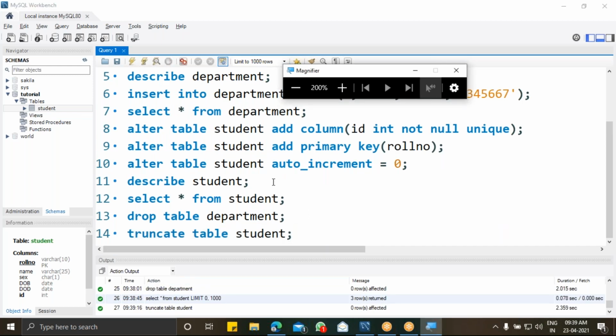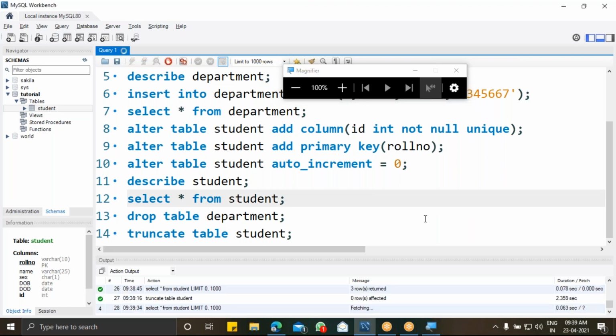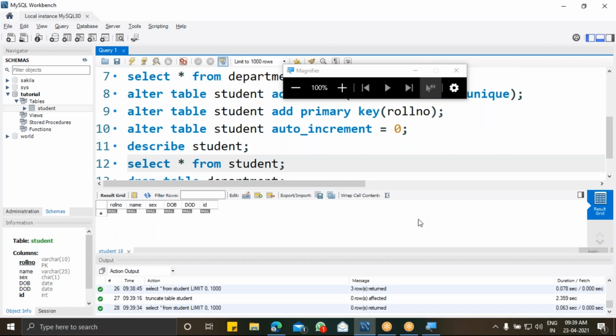Once I have executed this, you can see the command has been executed, 0 rows affected. Now I'm going to check what data is inside my student table. I'm executing select star from student, and there is no data, which is nothing but removing all the data and leaving the table as a fresh table. That is the concept that's happening here.